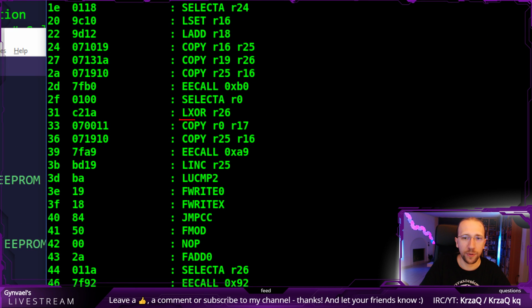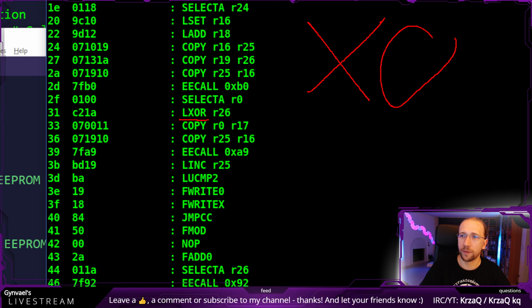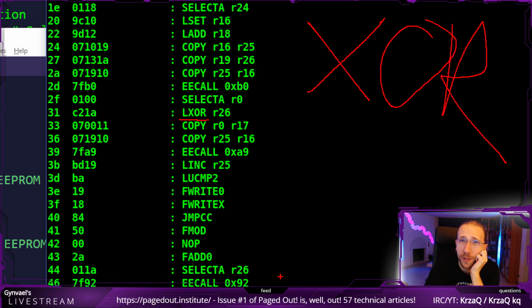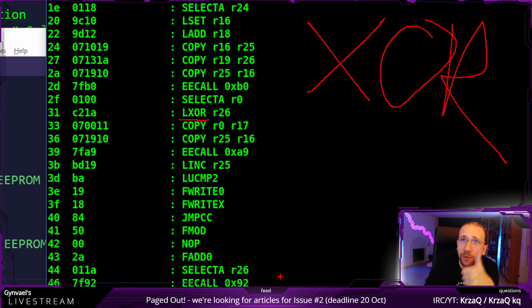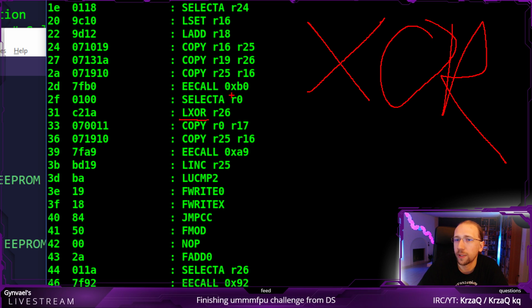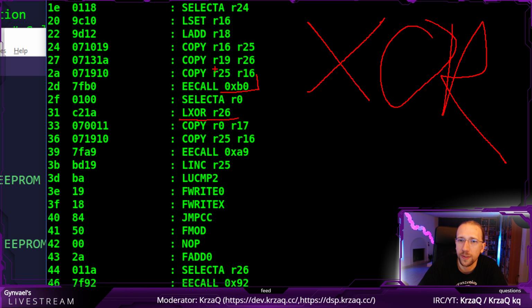Okay, then there's XOR, yay, there's an XOR alert. Cyber anomaly detected. If we see XOR somewhere, something weird is going on. XOR is really rarely used for anything, apart from zeroing values or doing some kind of weird encryption. So it's XORing whatever it got read from the EEPROM, and it's XORing it with whatever is in R26, which